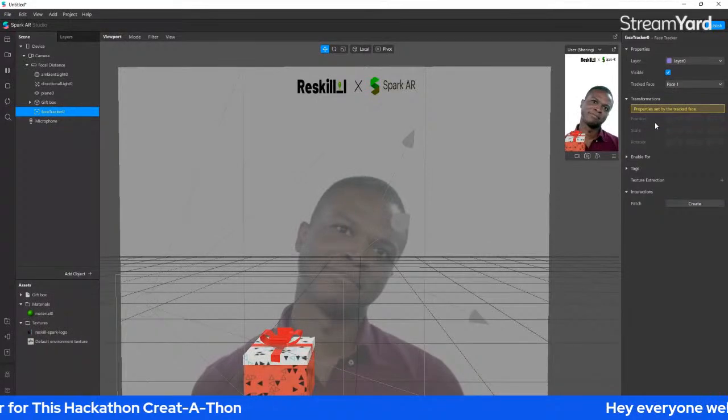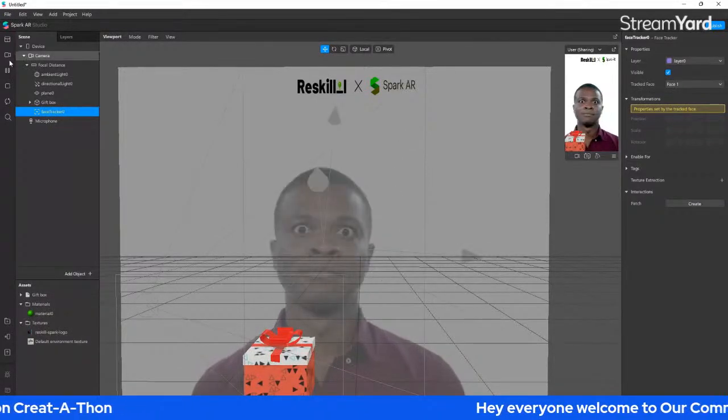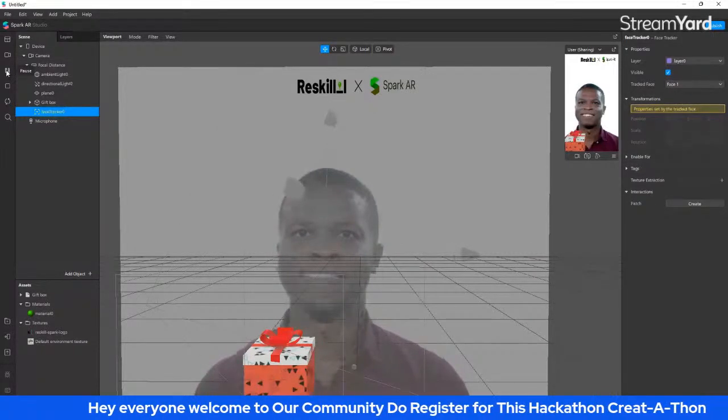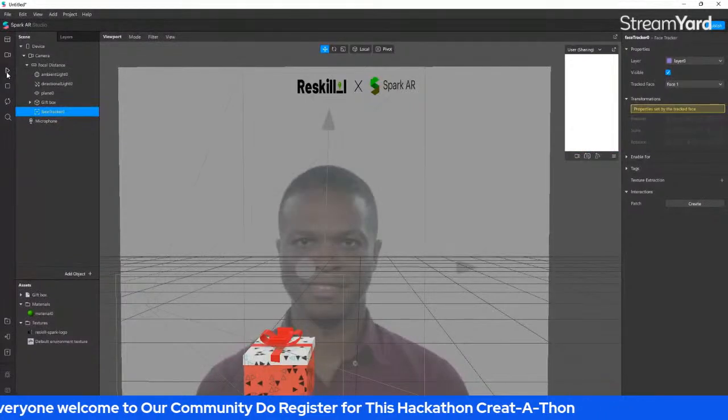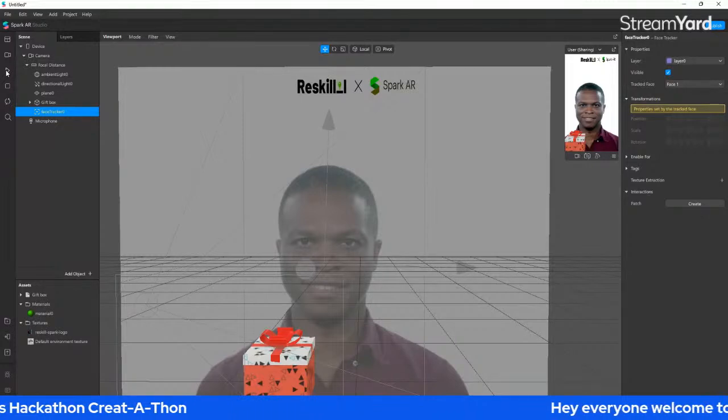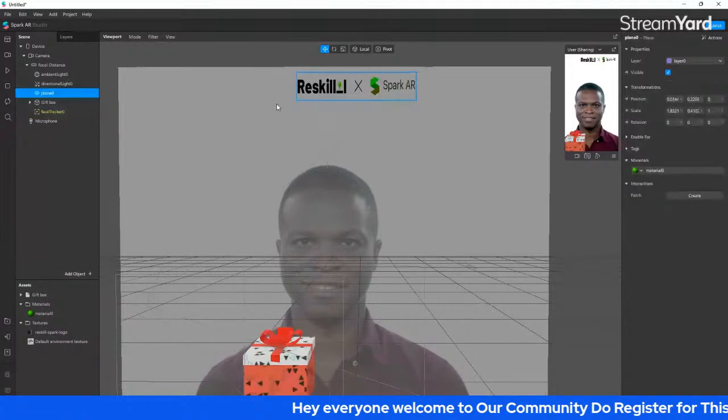So there is a pause button on the left of the scene panel. I will use the pause button to pause my video, so my face is not moving. You can also use this button to pause it, and then you can align your objects very easily. Now what I want, let me see, I want to adjust the Reskill logo,